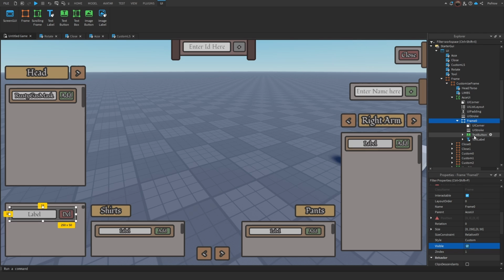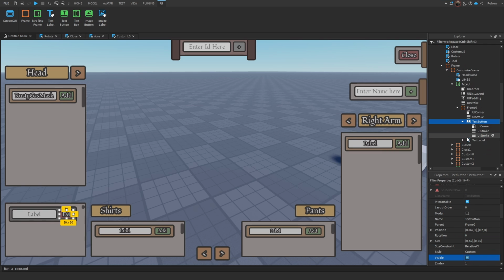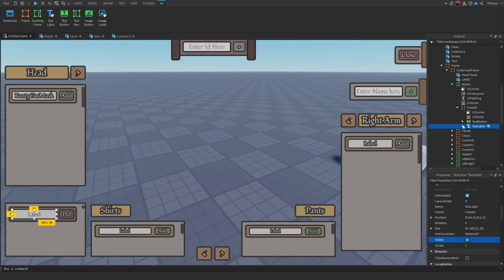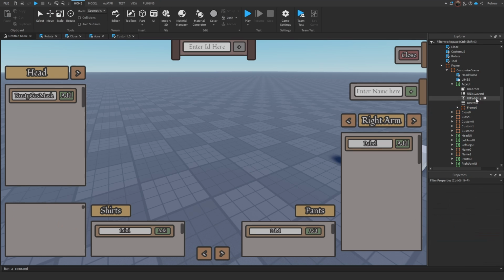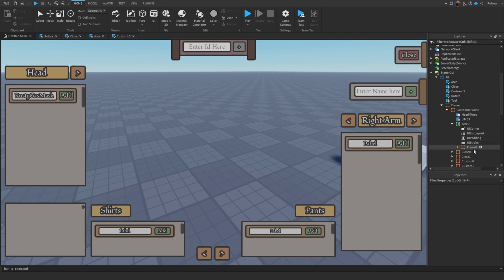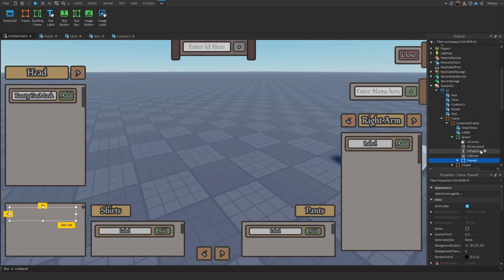Inside of the frame, I have a text button and a text label. The text button is going to be the deletion button. You click on it and it deletes the accessory, and the text label is going to be where the name of the accessory appears, so you know what accessory you are going to delete. I have this on invisible because this one doesn't matter, but you want to copy or duplicate this one and